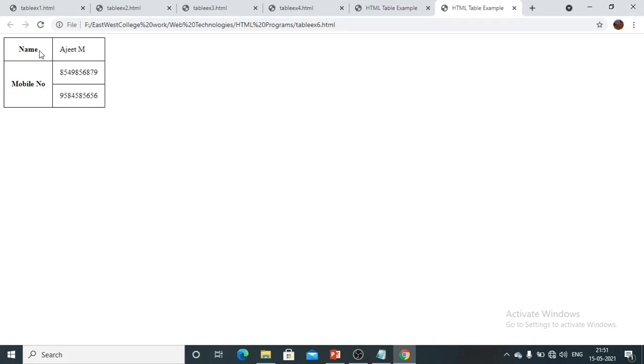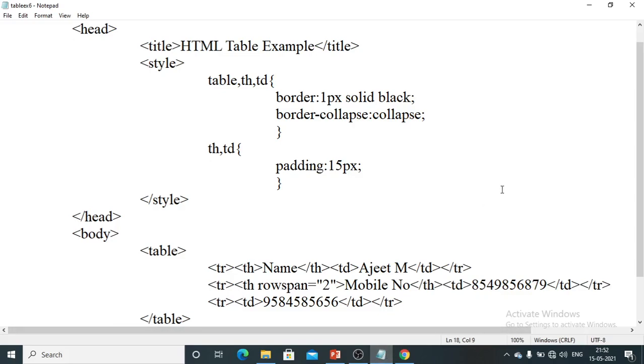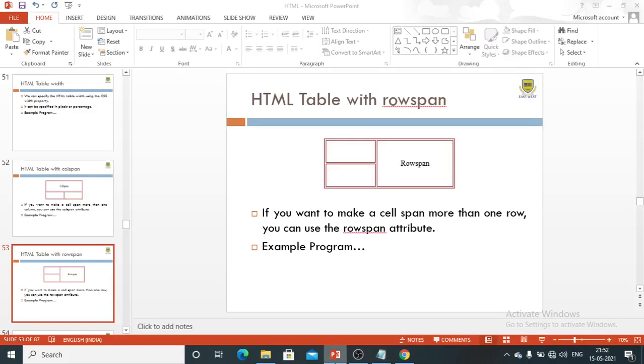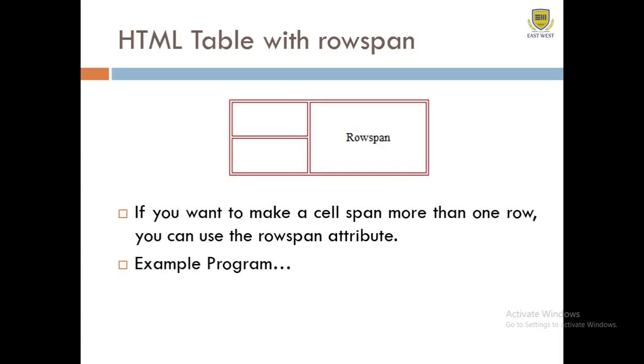So here the table header is arranged in the form of rows. So name is Ajit. We have two different mobile numbers. There is again 15 pixel value available for cell padding, right? So a very simple example for row spanning. Let me check out what is the next content to be learned.